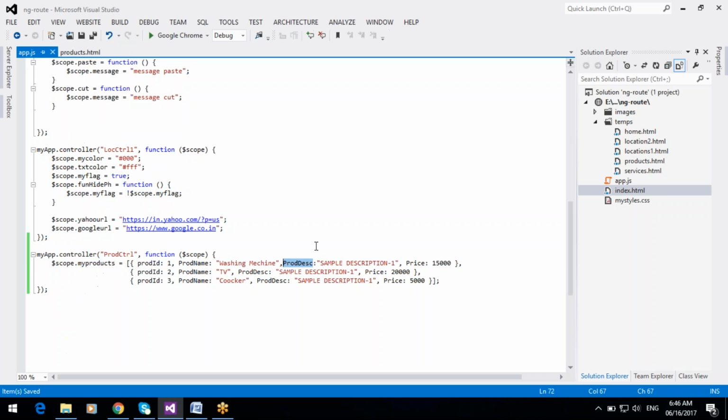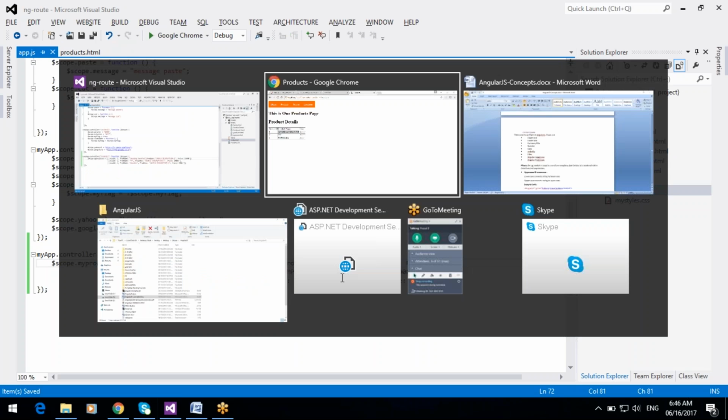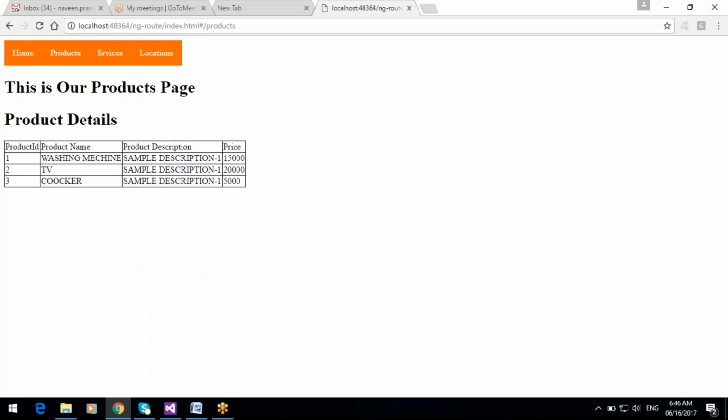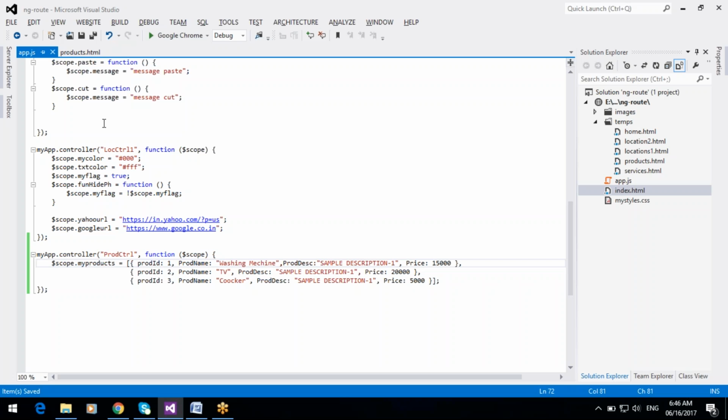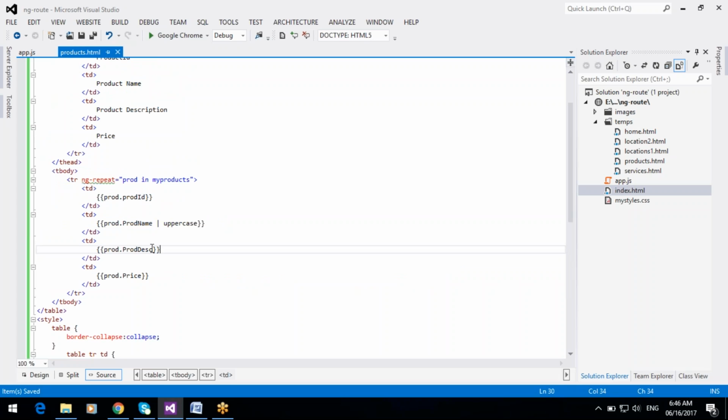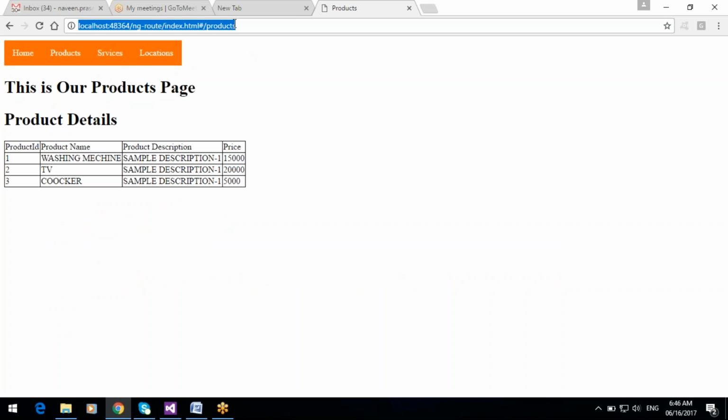So the description is in uppercase, right? I want to display the product description in small letters. In that scenario, we can use lowercase. So the product name and description will be in small letters.